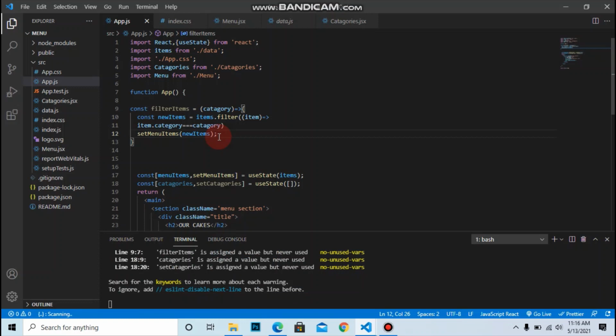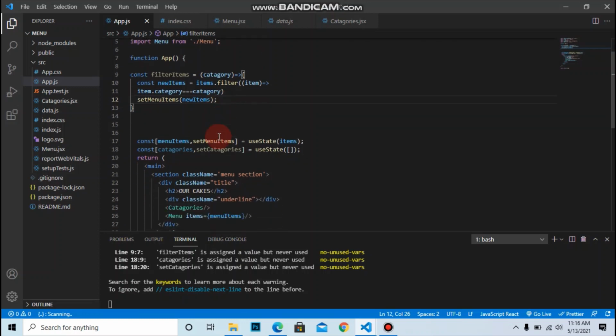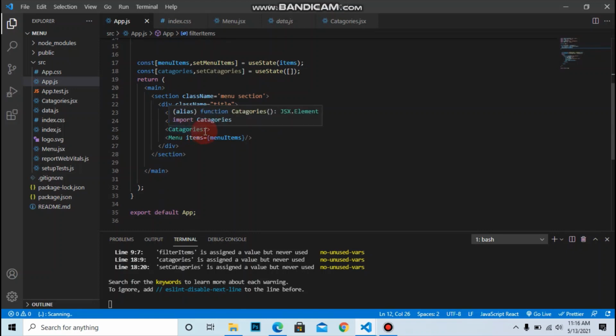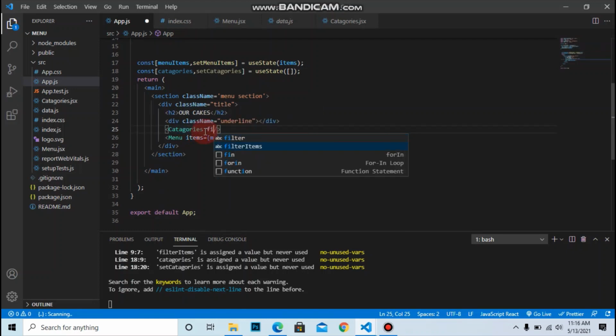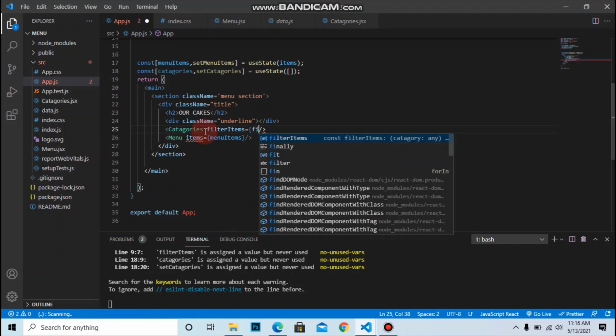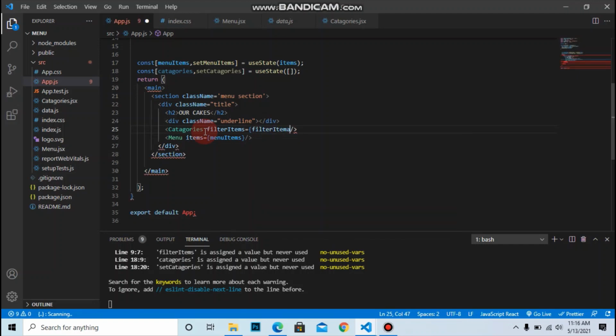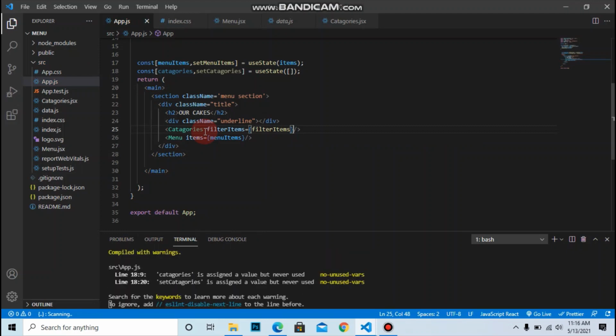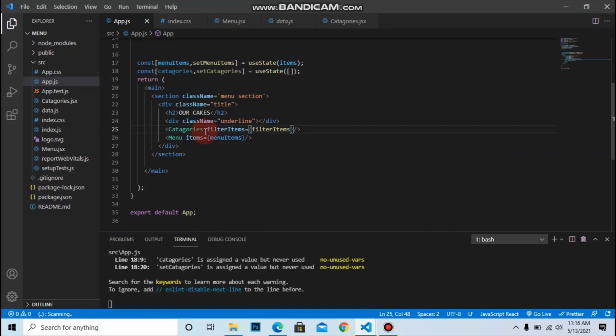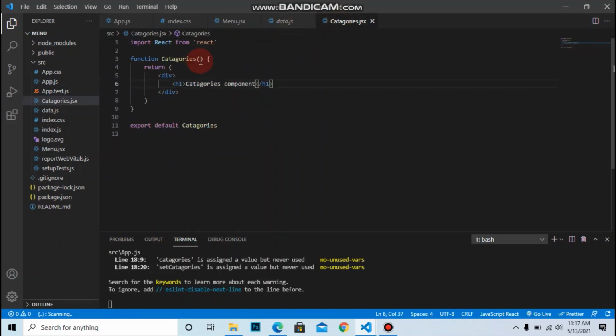It filters the item. So the filter item is passed to the categories component as a props. So let's go to the categories and pass the filter item as the name of function. For that, we would navigate over the items. Let's get back to the categories, and first access the props by destructuring, that is filter item. In the return, I will add the button manually,